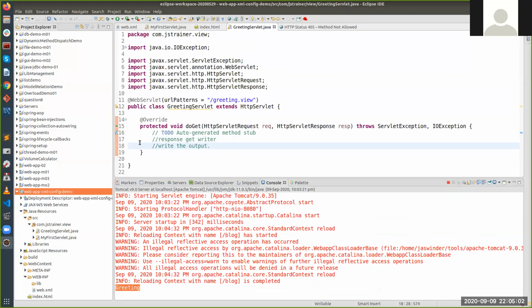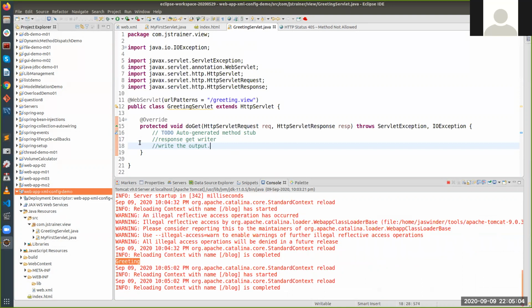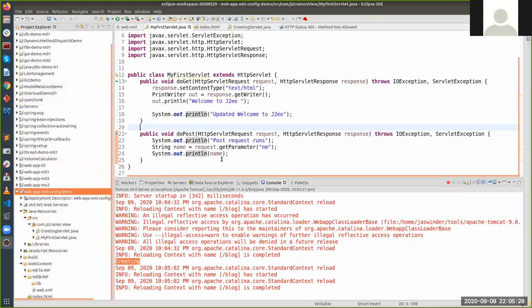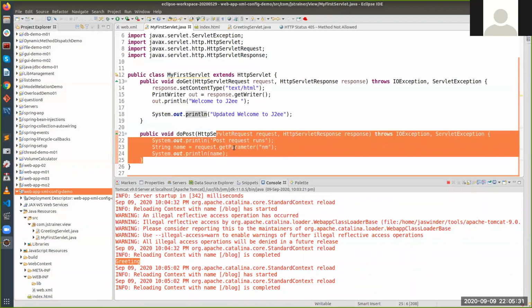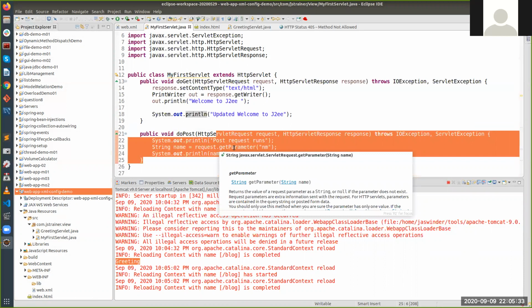Now you got to know how to write the servlet, both with XML configuration and the Java config. We'll see more in the next session, and you can do the same as your homework. Create a servlet, try to get the post request generated from your HTML page, submit some data, try to use text fields, text area, radio buttons, and see how it sends the data to the servlet post request. Okay, so that's all for today's class. We'll meet in the next session then.